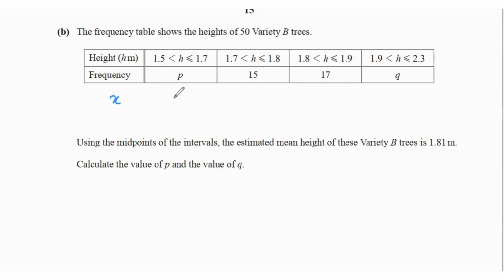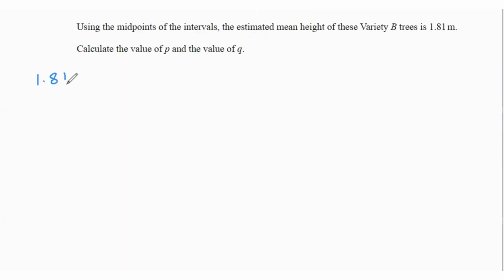So for the first one, it's going to be 1.6, then 1.75, then 1.85, and lastly, it's going to be 2.1. So using these midpoint intervals, I'm going to find the mean value. The mean value is already given, but we're going to create an equation for the mean. So that's going to be 1.81 equals to